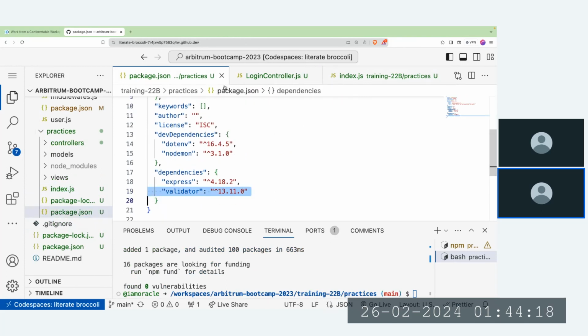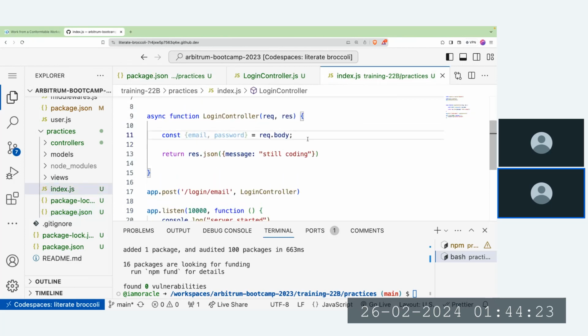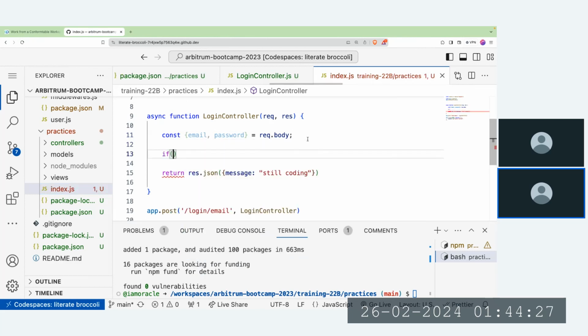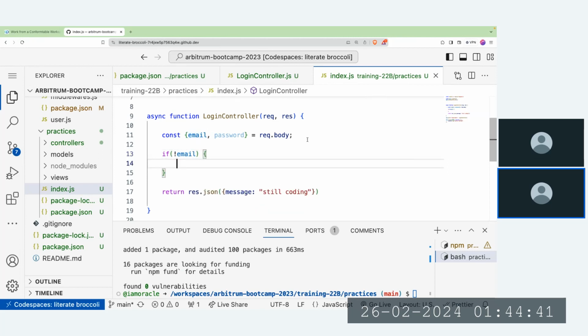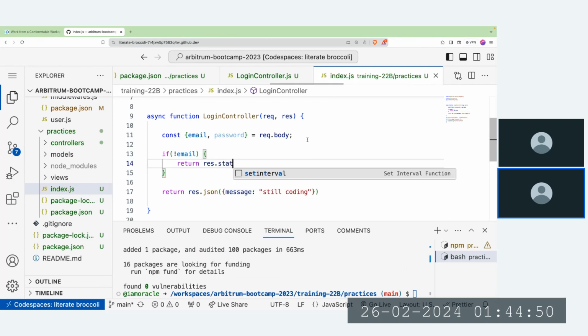So how do you use this validator? We can use the validator to check if the data we are getting is actually what we are meant to get. Let's say if email, that means if the email is not undefined, right? But if not, that means if it is undefined, then this should execute the line of this block. So if not email, if the email does not exist, what should you do? You should return a response with the status code 400